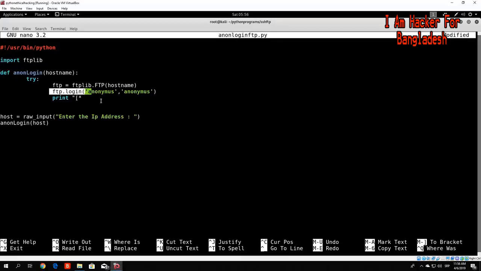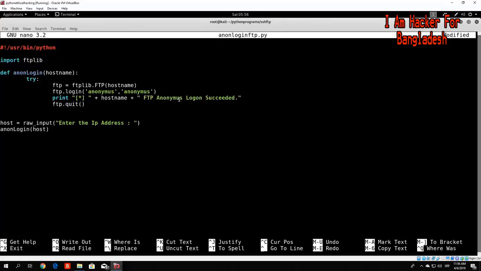Let us first of all print, for example, plus our hostname. Our hostname is a string, so we don't need the string before that. So plus hostname, let's make a space between this, and we want to plus FTP anonymous logon succeeded. So we put a dot right here, we close this, and we want to FTP quit in order to exit the FTP connection, and we will return true, as this did work. So if this works, we will get this printed out, and we will know that the anonymous login is enabled